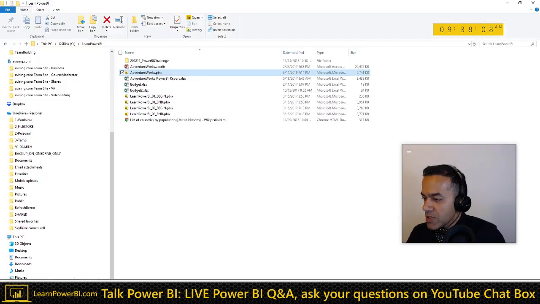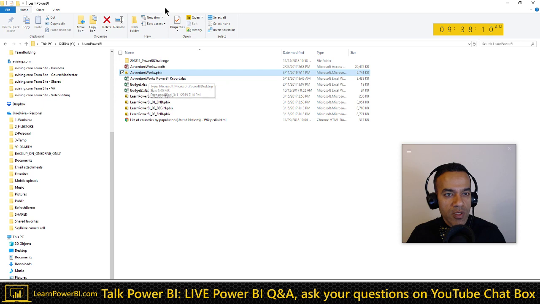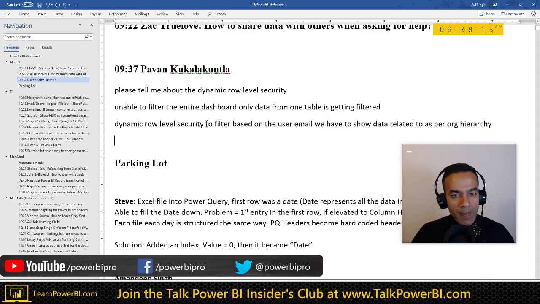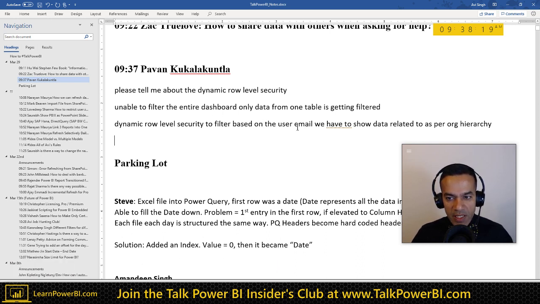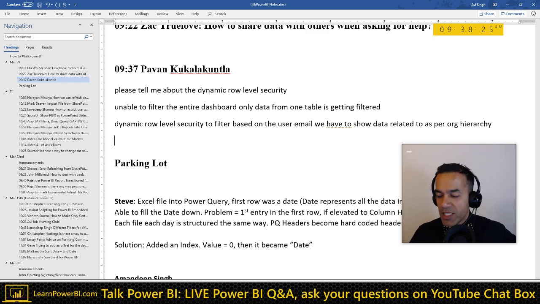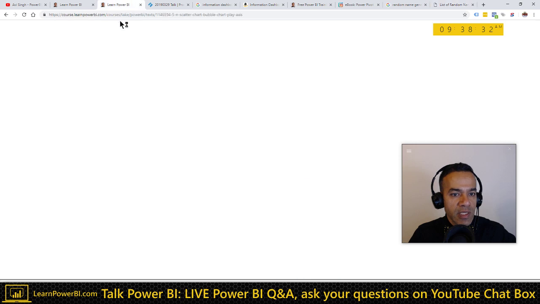So let's see, to AdventureWorks. What Pawan is trying to do is filter something based on a user email and show data related to it as per the org hierarchy. So that's row level security, and I cover it inside my course.